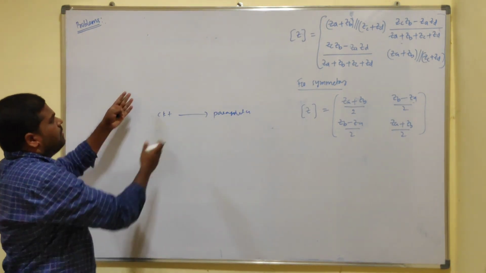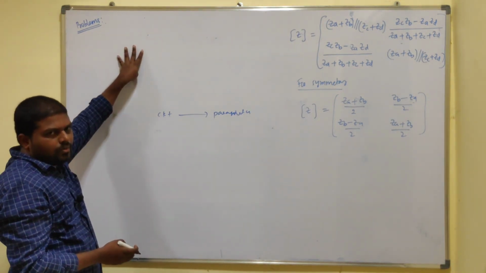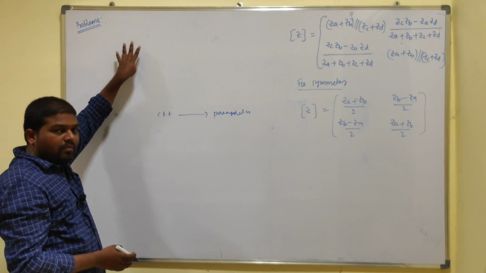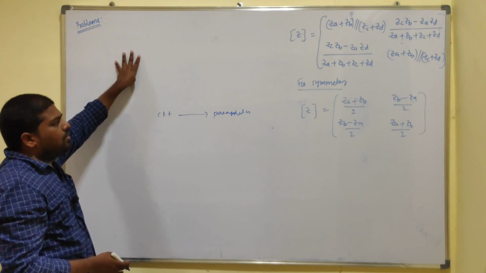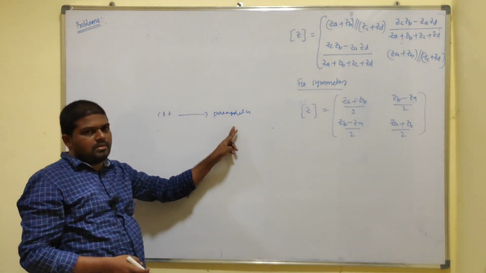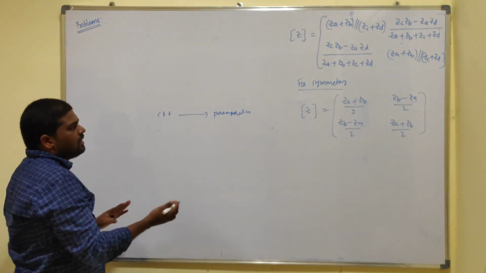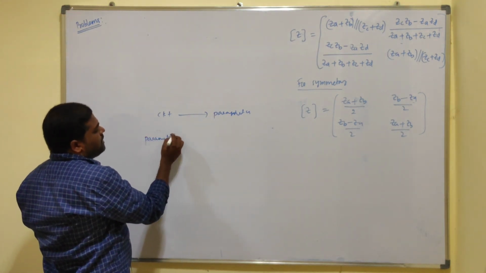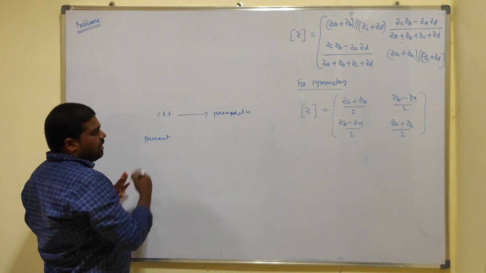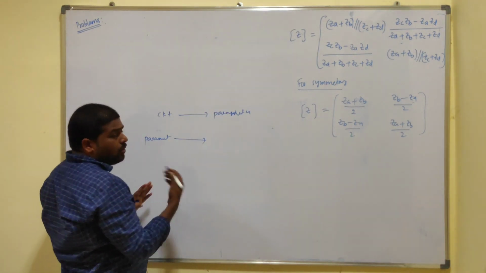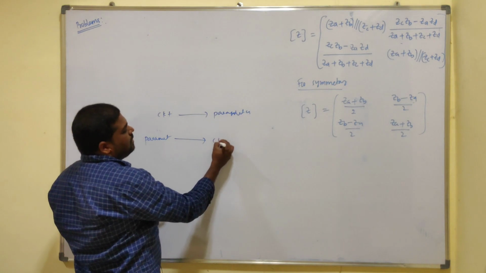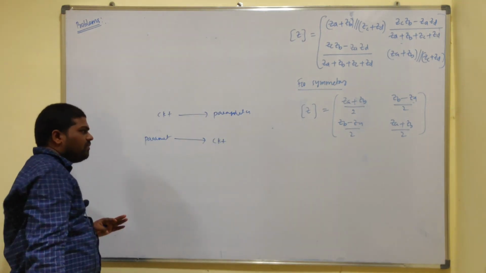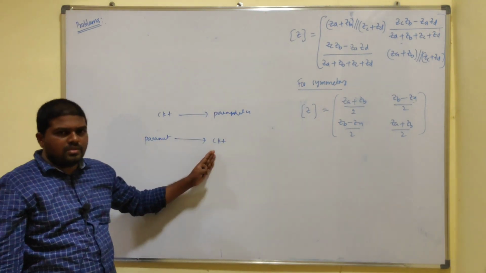In the previous case, we have a circuit with elemental values. From that circuit, we can convert it into parameters, right? In the next case, they will provide certain parameters, and from those parameters we have to design the circuit. So one is circuit to parameter conversion, the other one is parameters to circuit conversion.